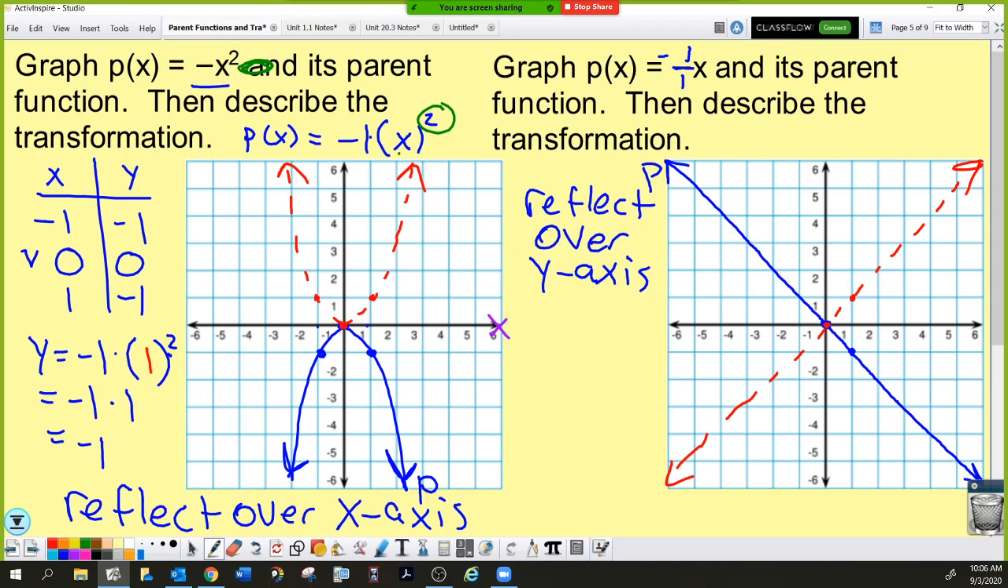A question: how many questions are on the homework? Or how many do we have to do? Well, you have to do all the questions I assigned, but I think it's only